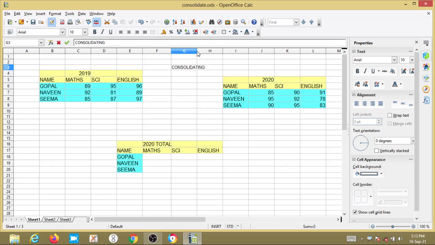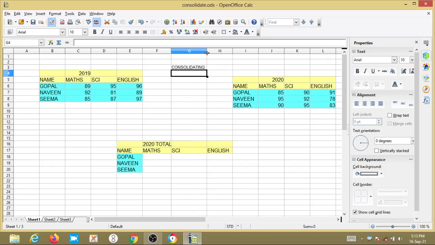If I want to adjust the column, we can use this, which I already explained in the class. Consolidating is nothing but combining worksheets, combining or merging information. Clear? So we combine a number of things into a single one.